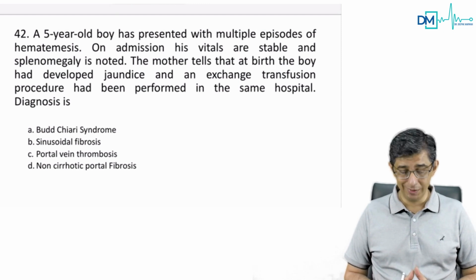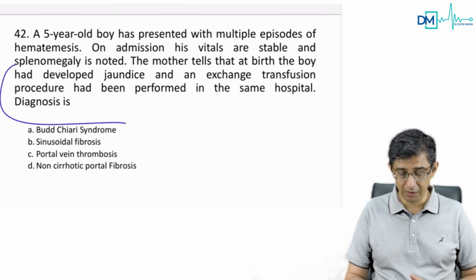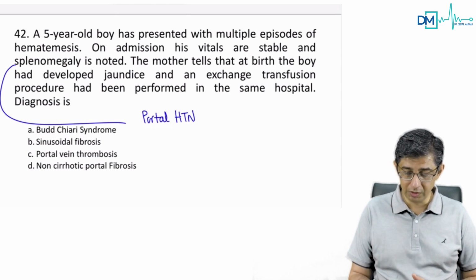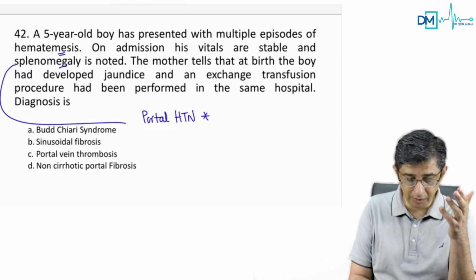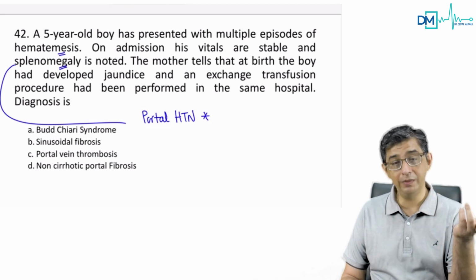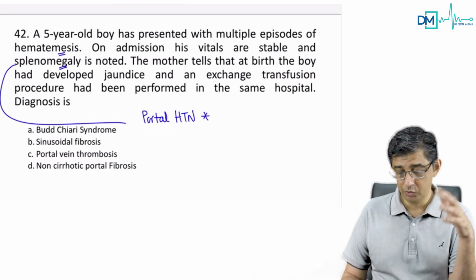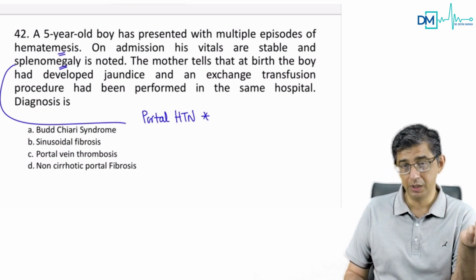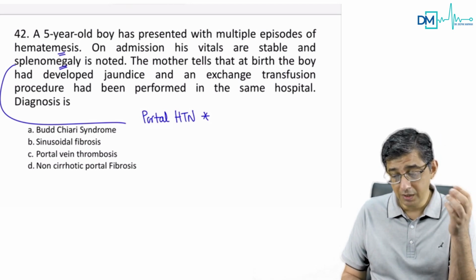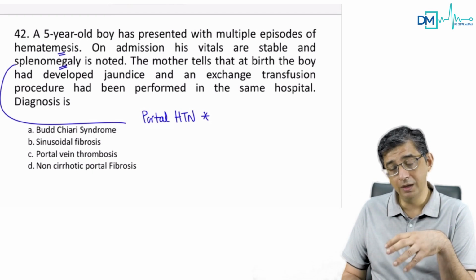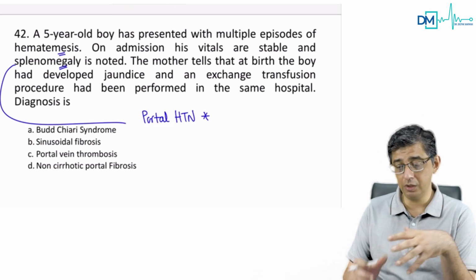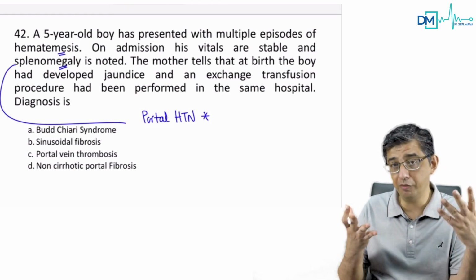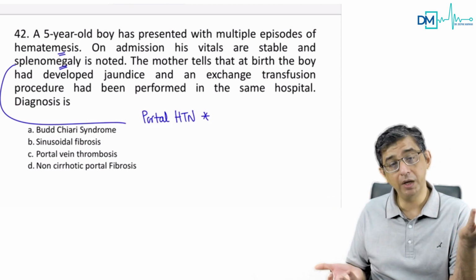Splenomegaly is noticed. So this tells you the fact that this person is definitely having a feature in the range of portal hypertension. Why I'm saying portal hypertension is because in a question which is talking about vomiting of blood and splenomegaly, the link is portal hypertension, because only then the esophageal veins will get congested. You see, portal vein pressure is 5 to 10 millimeters. Why will it increase if there is portal hypertension? Only then the manifestations of vomiting of blood can occur, because there would be portosystemic collaterals and the esophageal veins will also become congested and they'll pop off and boom, they burst and the person starts vomiting blood.